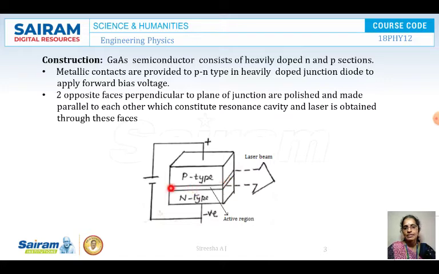So this is the active region, and here this side is partially polished, the other side is completely polished. So this is acting like a resonant cavity, and the laser light is coming. You can see the directions here. This is the laser beam that is coming out. So this is a simple construction. Here the junction of the PN junction is nothing but the active region. So what exactly is happening here in the gallium arsenide laser is that a heavily doped P and N type gallium arsenide is forward biased, and it is fully silvered on this side and partially silvered to get the light out here. The depletion region or the junction of P and N is nothing but the active region.